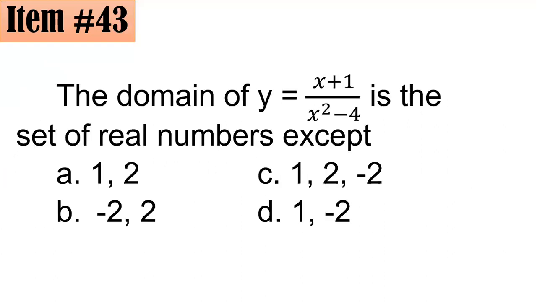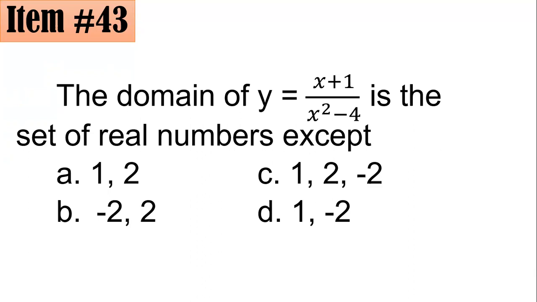43. The domain of y equals x plus 1 all over x squared minus 4 is the set of real numbers except 1, 2, negative 2, 2, 1, 2, negative 2, or 1, negative 2. Now,